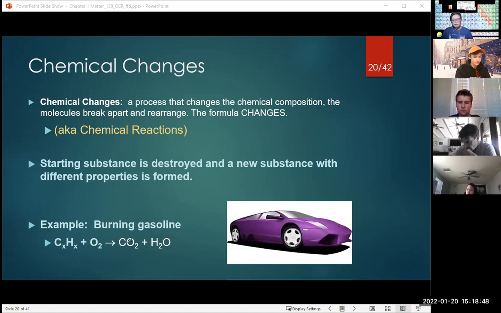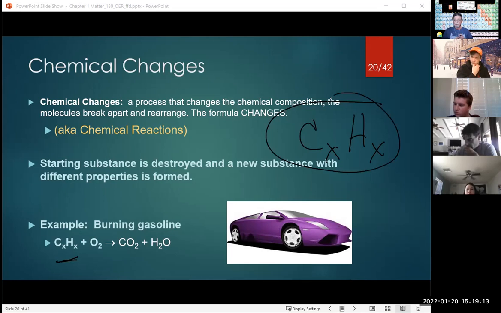Make sure you get the right one. If you notice here, we have C subscript X, H subscript X. That's a general formula. The thing to notice, let me draw a little bit bigger: CX, HX. X can be integers, okay? It could be numbers. Right now, it's a general formula where you have nothing but carbon and hydrogen, okay? C is for carbon, H is for hydrogen. We're going to talk a lot more about the different atoms combined. And we call that a hydrocarbon, okay?